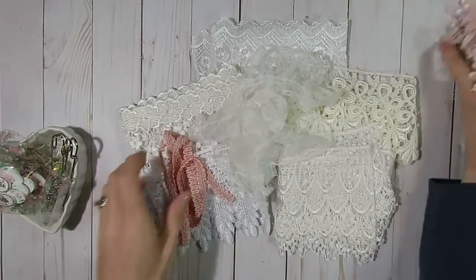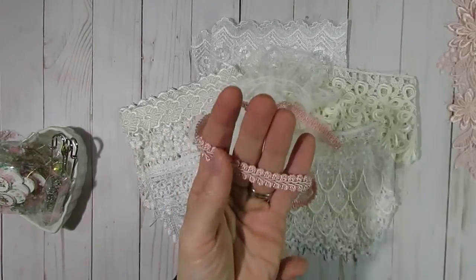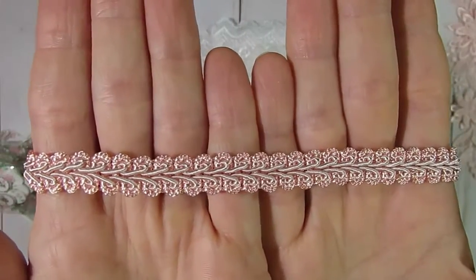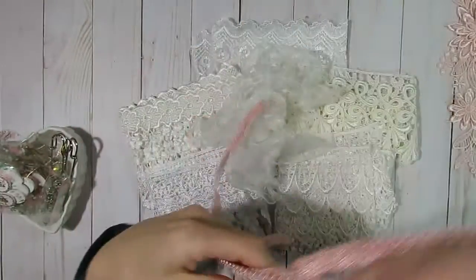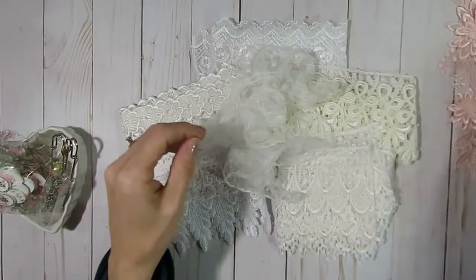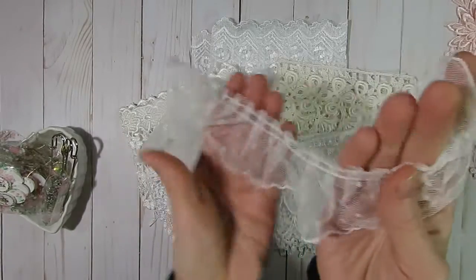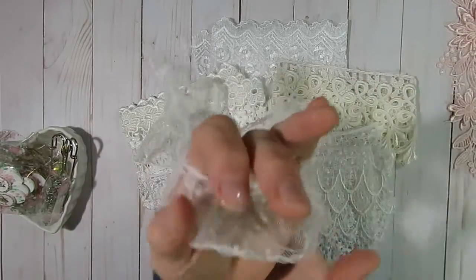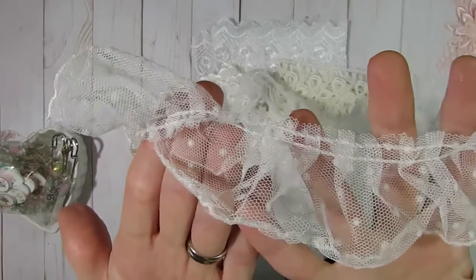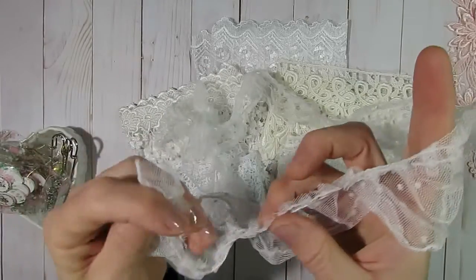And then the other pink item that I got is this gorgeous braid trim that Kim has in her shop. This one's pink and it matches that applique beautifully. And then this is also a very fun trim. This one is a tulle trim with some polka dots on it, and it's gathered. So you can easily make flowers out of this one, or edge an image and make it poofy